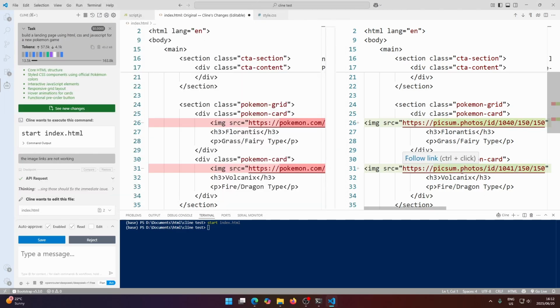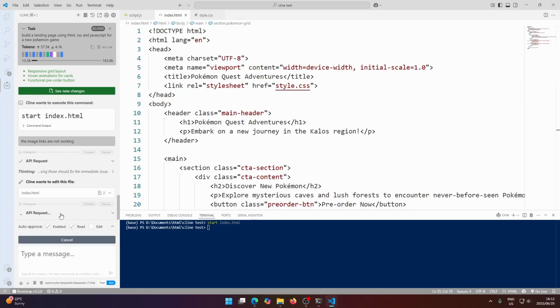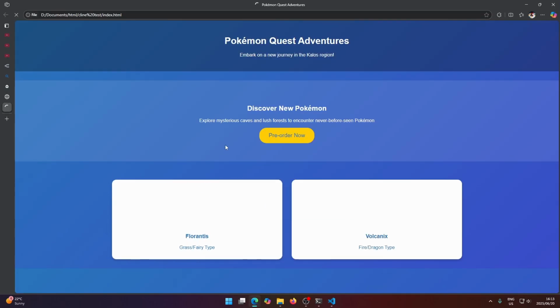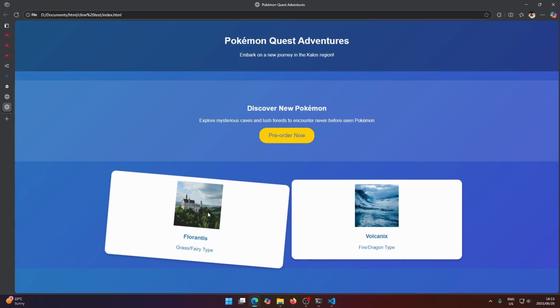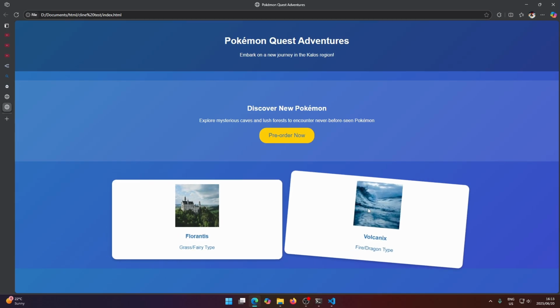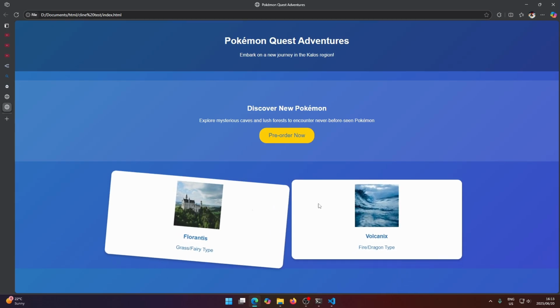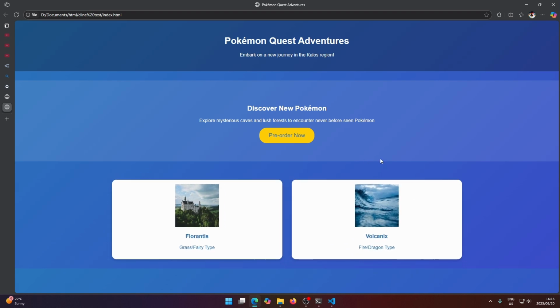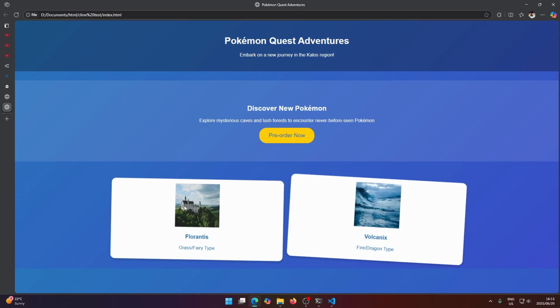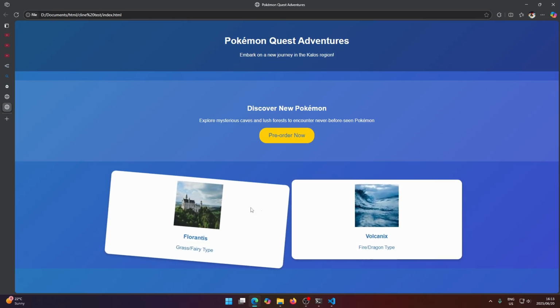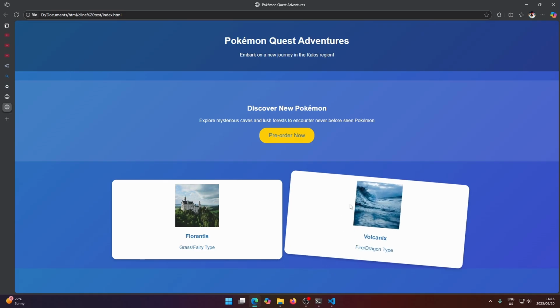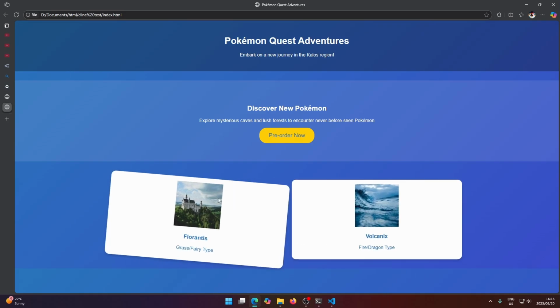It looks like it replaced those images here, so I'm going to hit save. And now it's probably going to ask us to run it again. Okay, let's hit this run command here. And yeah, it looks like it gave us some images which have nothing to do with Pokemon. But we can always go back and replace those images ourselves. I don't think Cline or the model we gave it knows where to find proper Pokemon images. So there's still some work I guess vibe coders have to do if they want to generate entire websites using this. I'm not going to ask it to fix the images again because it's probably just going to give us